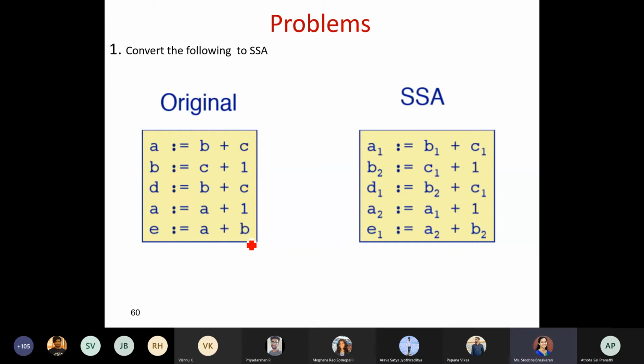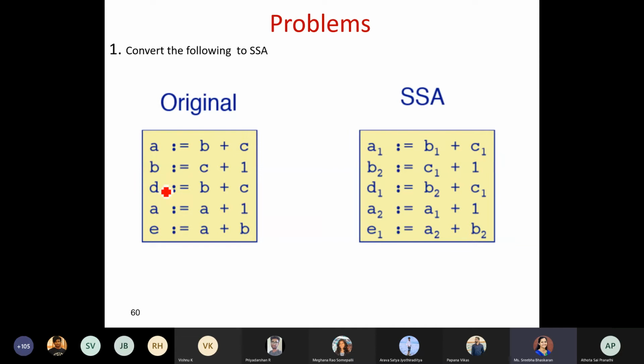For the first time, as I said, you can start with 0 or 1. In this example, it has been started with 1. So A1, B1, C1.